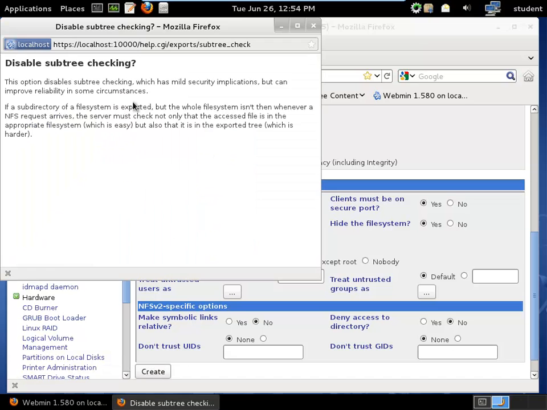Alright, but anyways, this option disables subtree checking, which has mild security implications but can improve reliability in some circumstances. If a subdirectory of a file system is exported, but the whole file system isn't, then whenever an NFS request arrives, the server must check not only that the accessed file is in the appropriate file system, which is easy, but also that it is in the exported tree, which is harder. So essentially, it's having to check security permissions and everything. By turning off subtree checking, you're not checking those permissions. So it makes it a little slower because it's got to check the permissions, but it's ideal that you leave